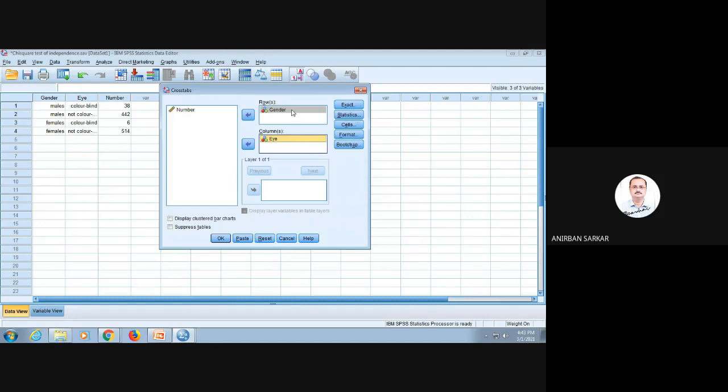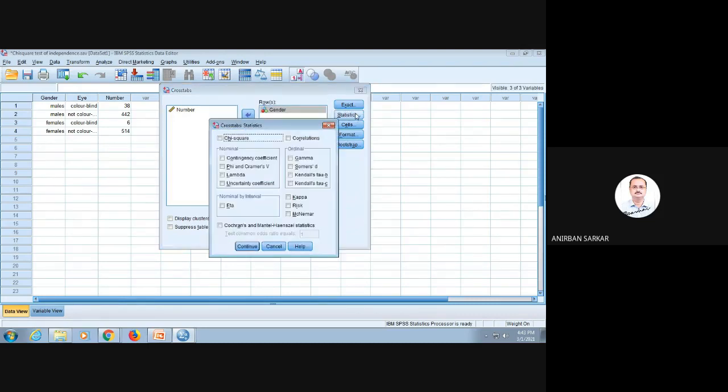Under the Statistics button, you have to click Chi-square, because we are actually using the chi-square test. So click Chi-square, then Continue.